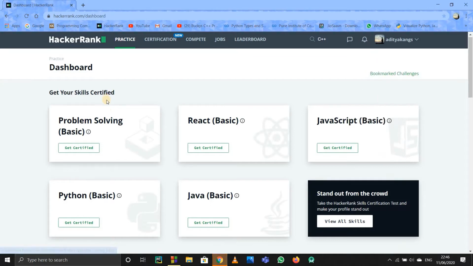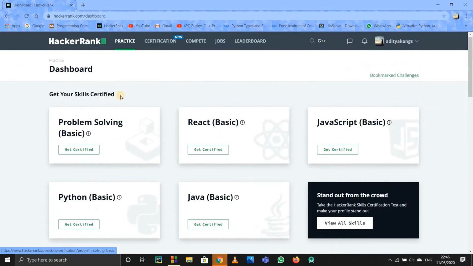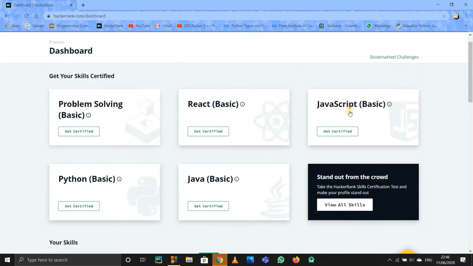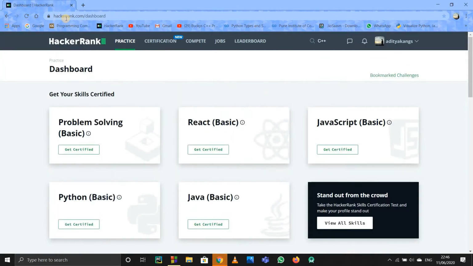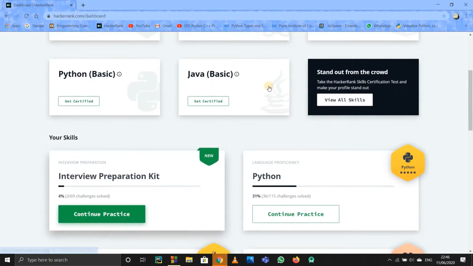In this video I'm just going to tell you what the layout of the HackerRank website is for C++. You want to solve C++ problems on HackerRank, and you're new to it. When you go to the HackerRank homepage, this is the basic layout of the page when you log in and have your account created. So this is the basic page.